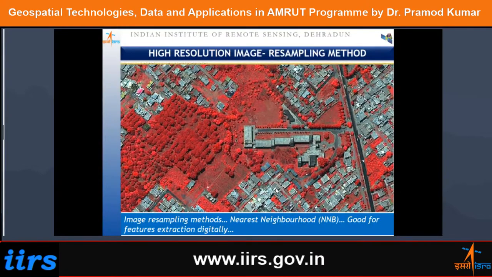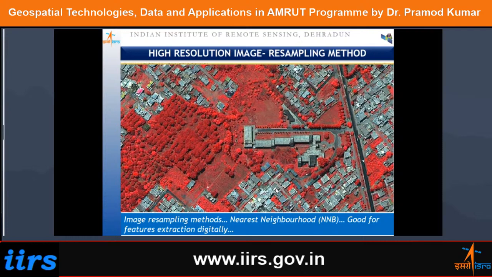Now, let us take on this very fundamental aspect of the remote sensing for data acquisition and then on display, etc. So let us take on some fundamental aspects of the AMRUT sub-scheme. AMRUT is Atal Mission for Rejuvenation and Urban Transformation. You might be aware that recently the government of India has announced the AMRUT 2.0, and that reflects the emphasis which has been given by our government on this particular